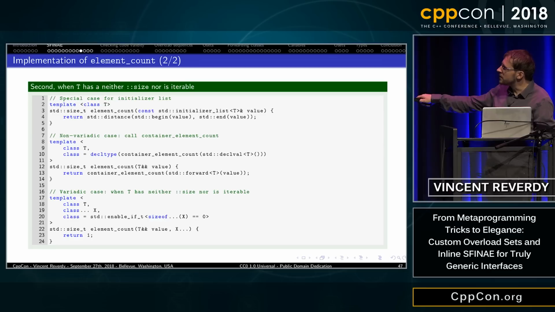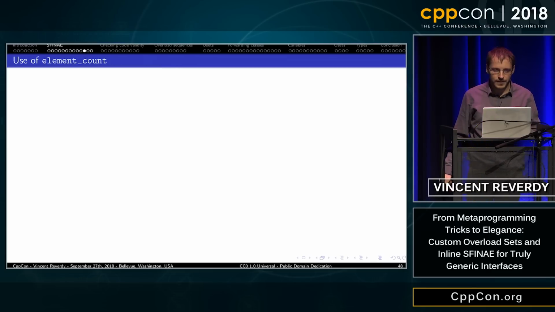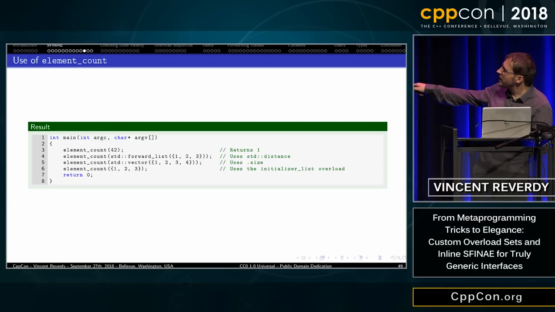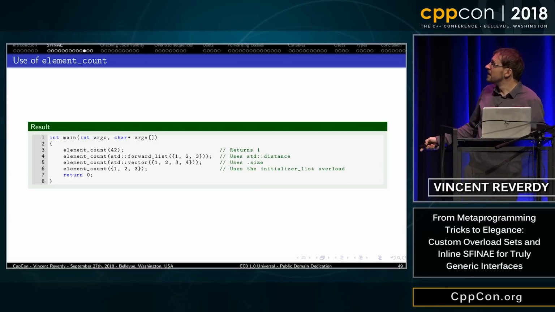Again, by using the variadic template that will be the least preferred option. And when we compile this code, when I execute it on 42, it returns 1, because there is only one element. On forward_list, it uses std::distance. On vector, it uses size. And on initializer_list, I have a specific overload. So it works great. But it required a lot of code to make that work.